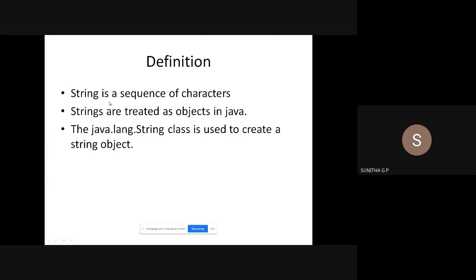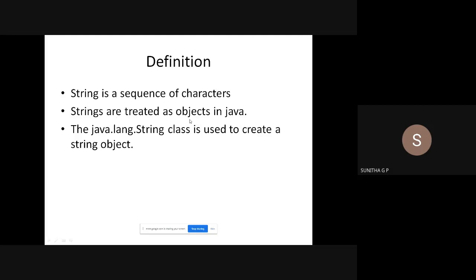You can say that from a primitive data type like character, you have created a user defined data type, string. In C we don't have a data type like string, but in C++ and Java, since they are object oriented, we have string. If I declare it, it is going to create a string using that character array. So a string data type or a library function or a class is available. That is why in Java, strings are treated as objects.